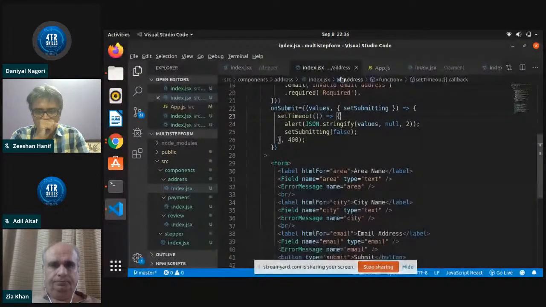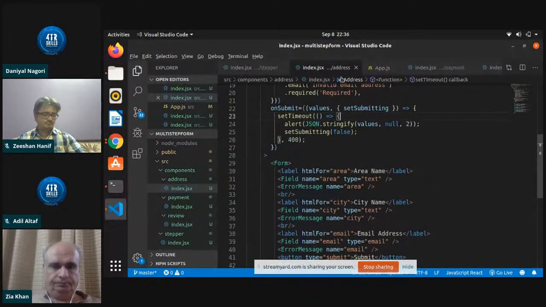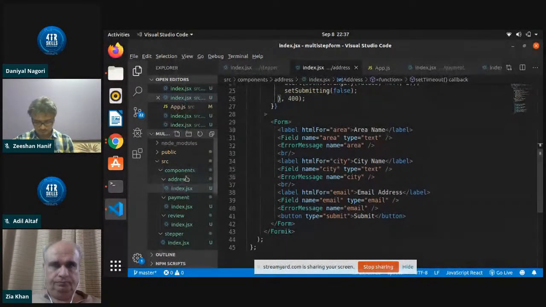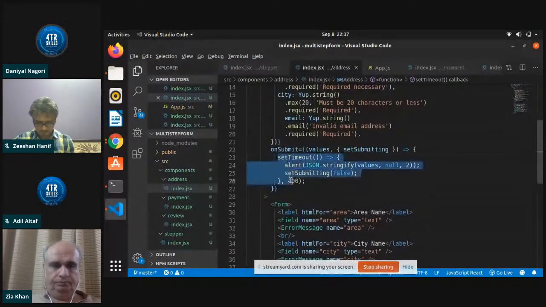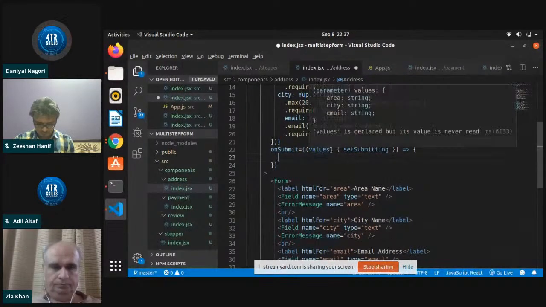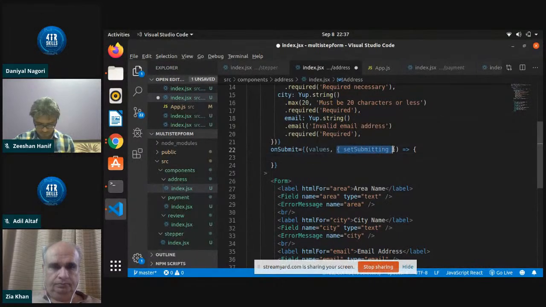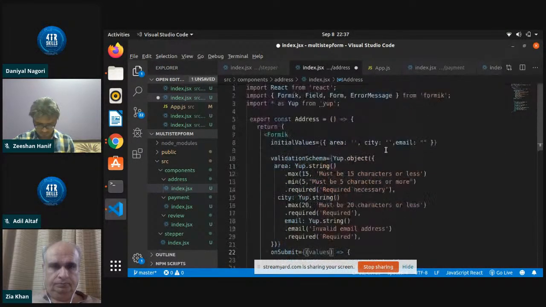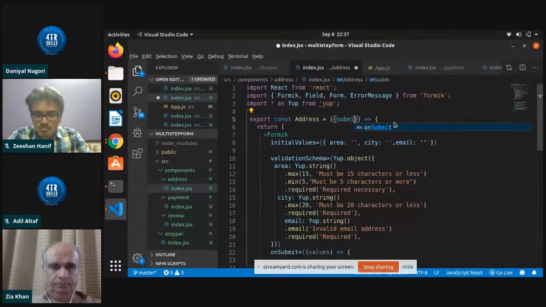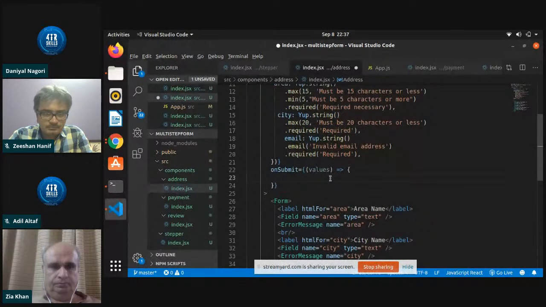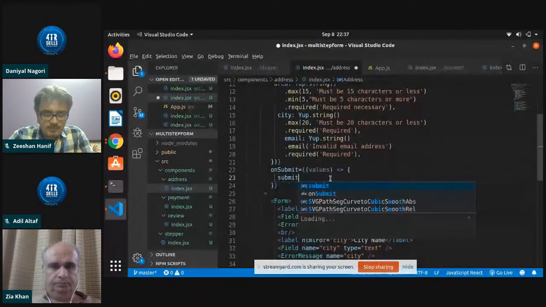So let's write the code of submit. Okay, now you guys can also see the on submit method we have in the Formik element. We don't need this set values, set timeout, refactor it. Definitely this address component is calling. So here I write the code submit